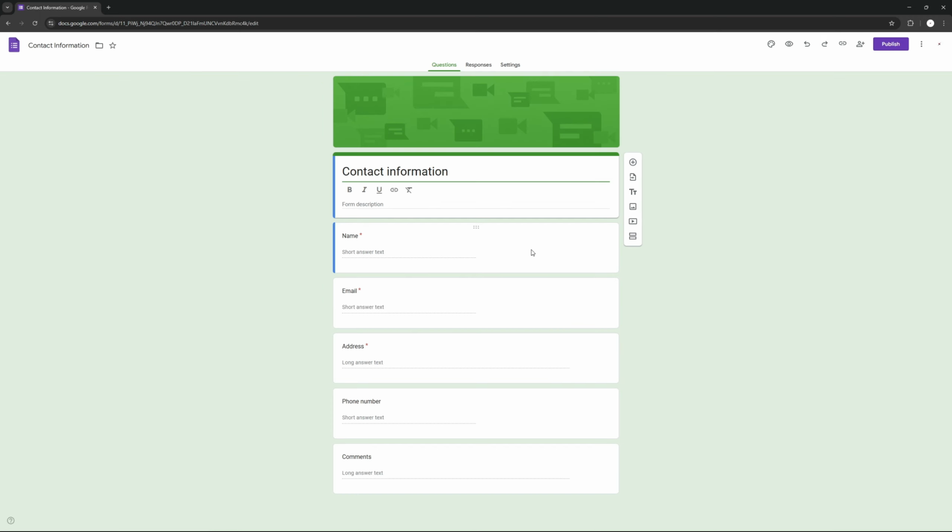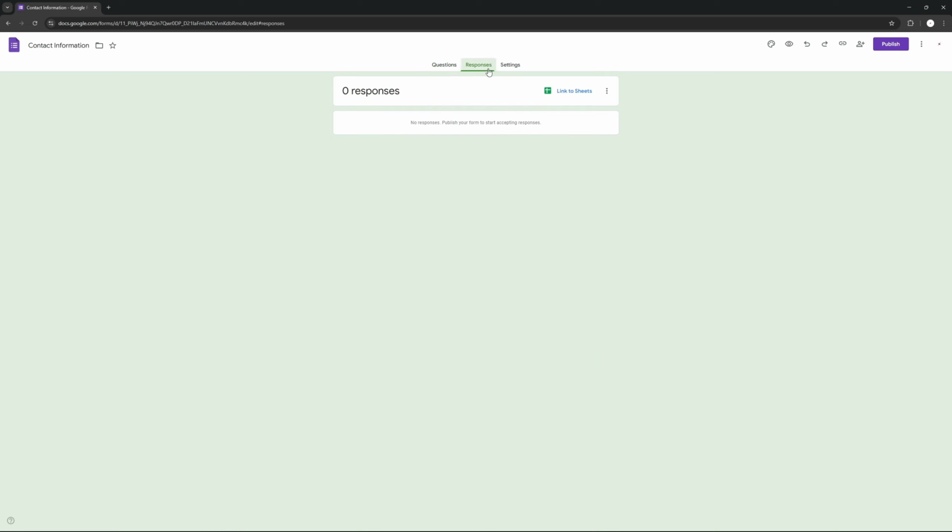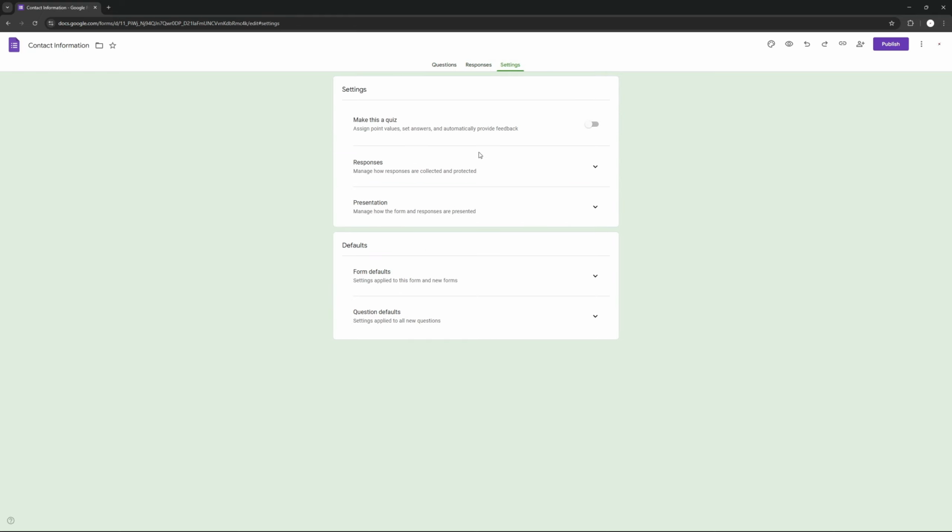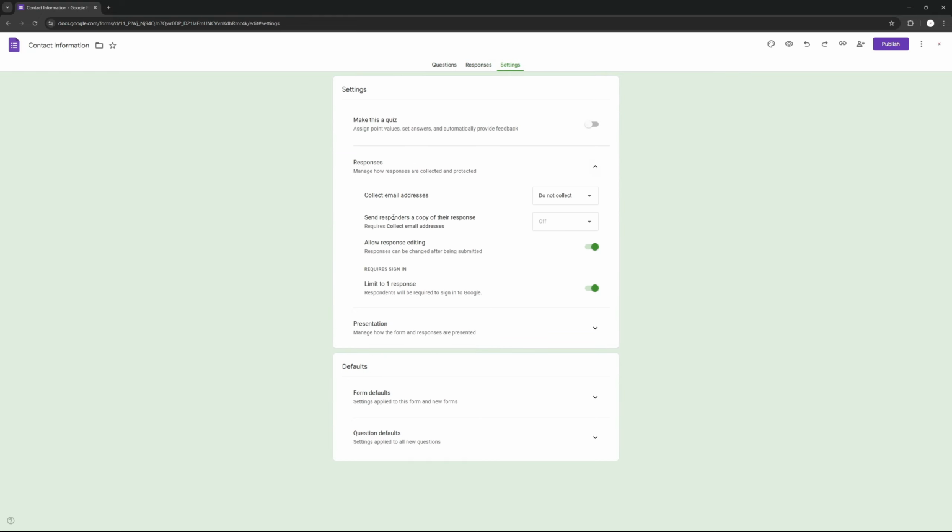So, once we've chosen our template, we're going to go over to responses. You can link it to Sheets here, that's how you do that. But how you limit them is go to settings, go to responses. You can turn on collect email addresses if you want to collect the email addresses, and you can add a limit